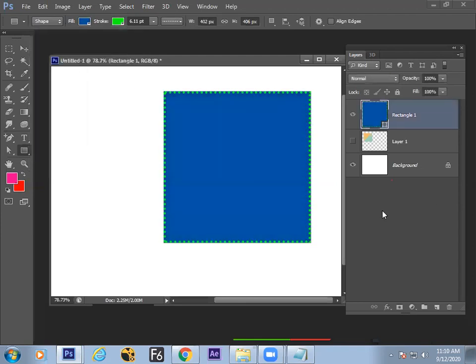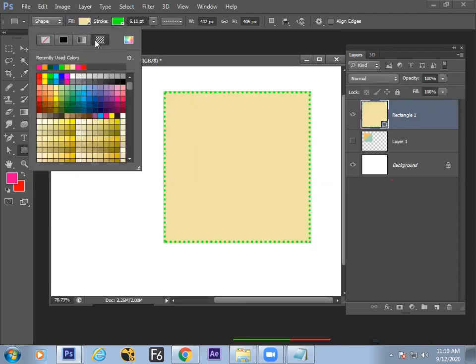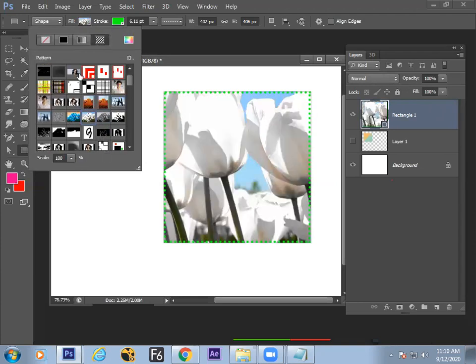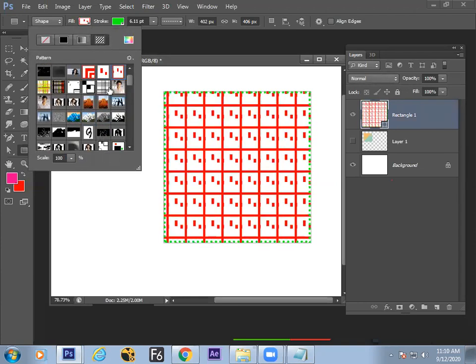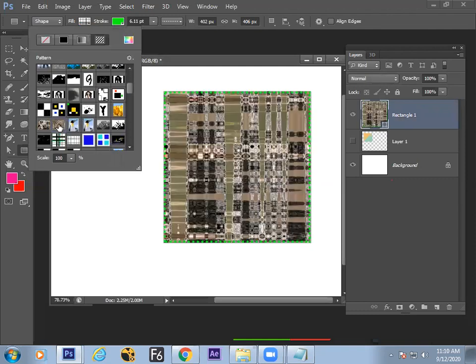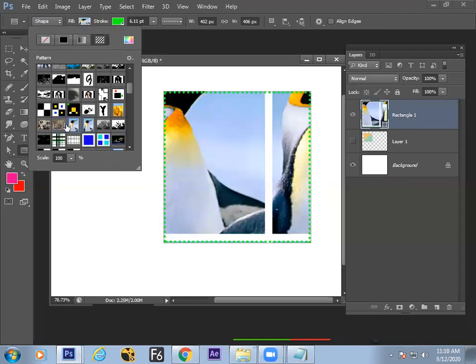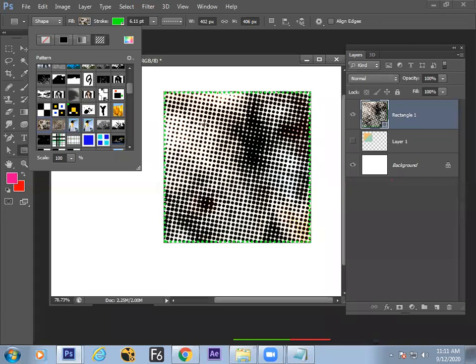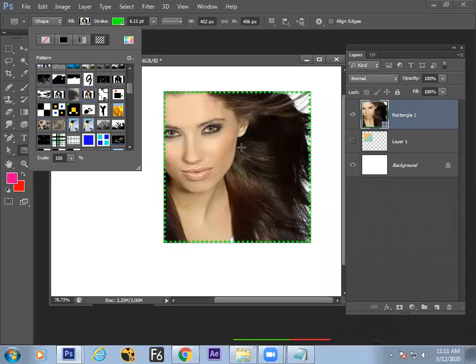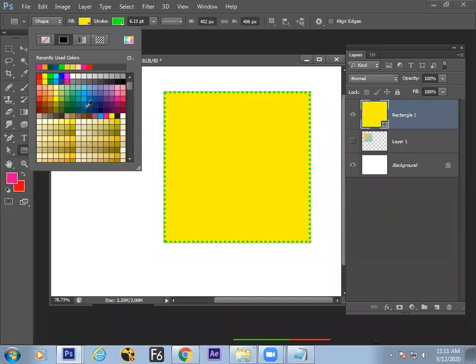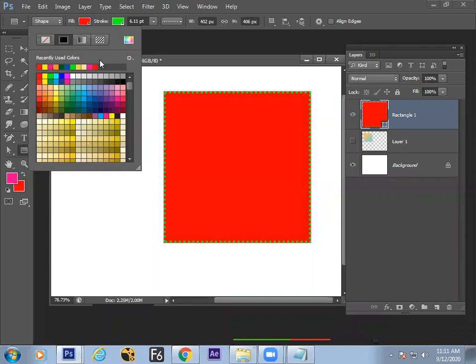Undo. So some textures, patterns we can fill with that. That is again filling with the raster images. These all are rasters only. This girl photograph means pixel dependent raster. When you scale up or down, that will get blurred. Only solid colors will remain in high quality. Other things will get blurred.